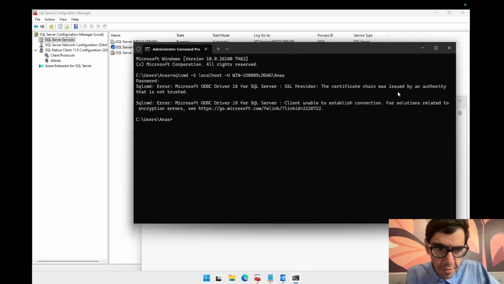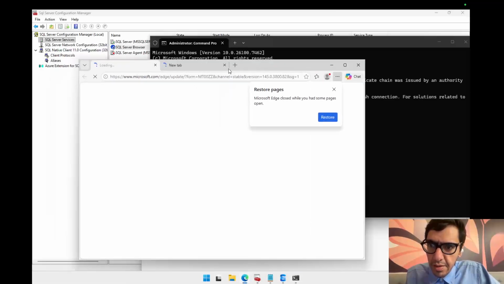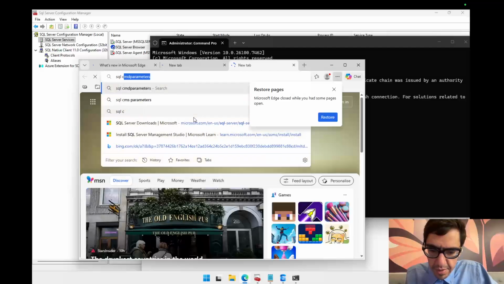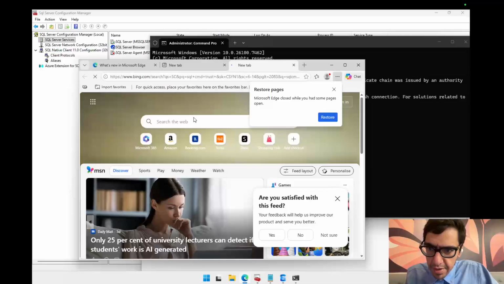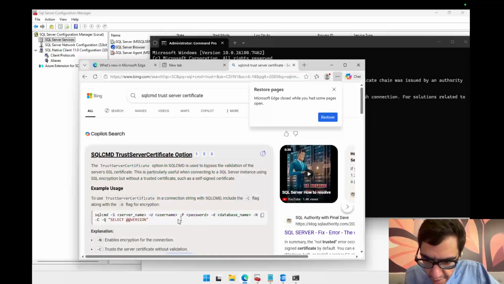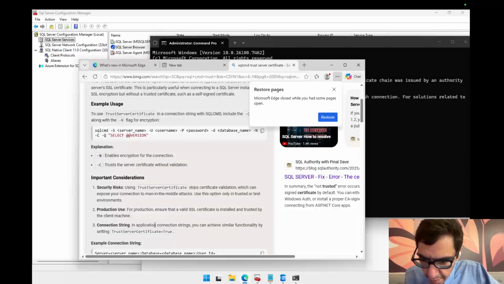Okay, SSL, the certificate was issued for solution related to encryption. It's the same error basically. There must be a flag where I can bypass the encryption issue. Just 1 second. If I type in sqlcmd trust server certificate, yes. -N enables encryption. You can achieve similar effect by